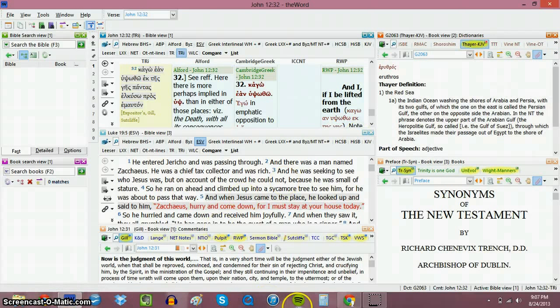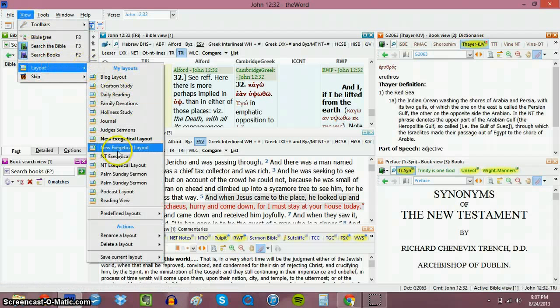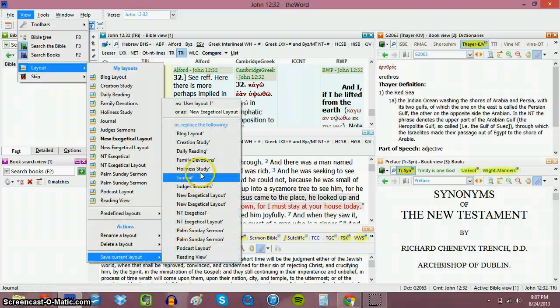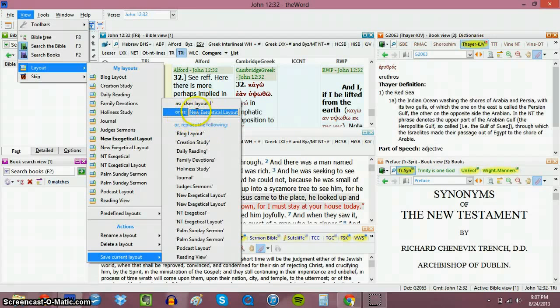Now, the last thing to do, there's your setup. That's kind of how it can work together. The last thing you need to do is save it so you can get back to it anytime you want. So I've already saved this one and I've named it. The way you do it is you come down to View, you go to Layout, and you scroll all the way down to Save Current Layout, and you're going to scroll all the way up to where it says Save As. You're going to click in that box, and you're going to save it under any name